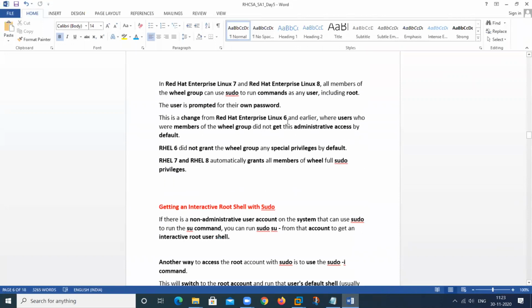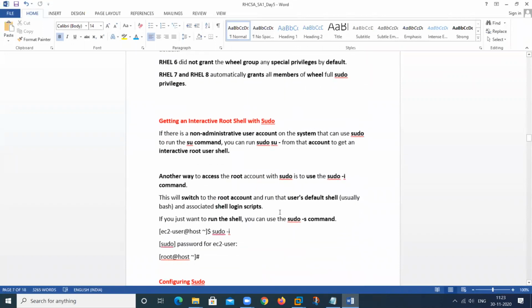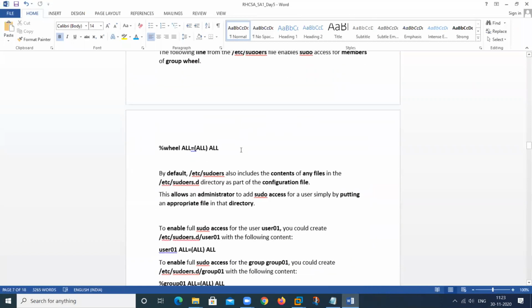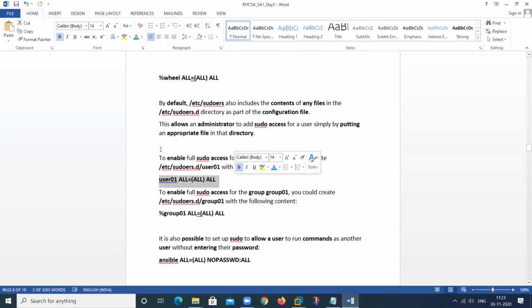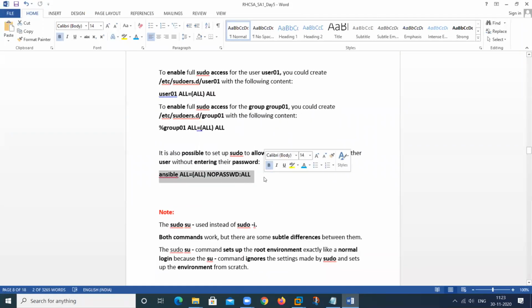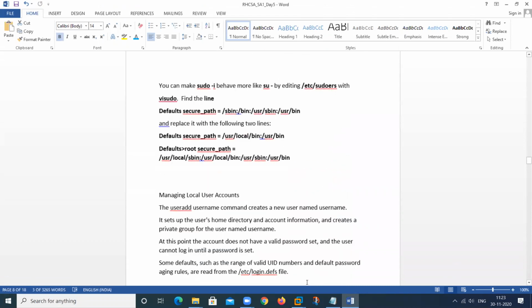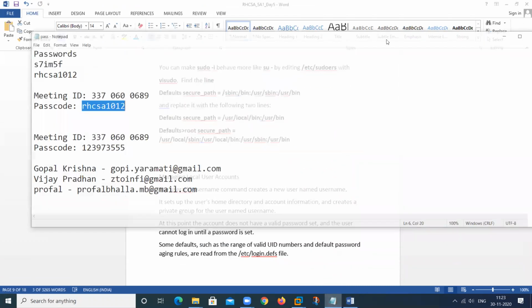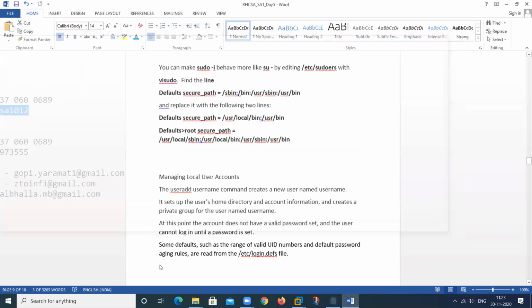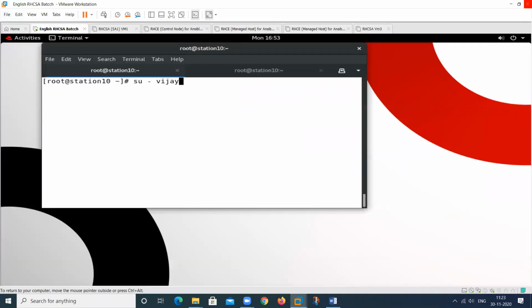Getting an interactive shell. See, suppose I have completed this one also, and this one also, and this also. All these concepts will be completed. So I will show you one more thing. Suppose at this time you are using any command by this user, and you again and again type this particular option, but you do not want to write sudo again for every command.